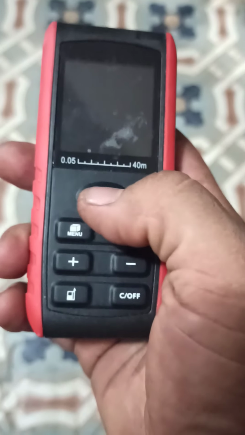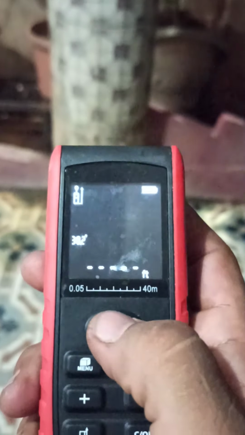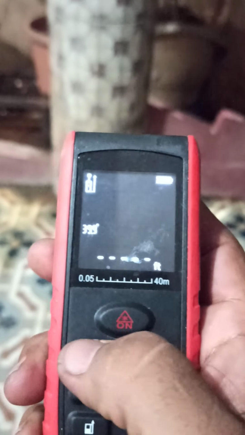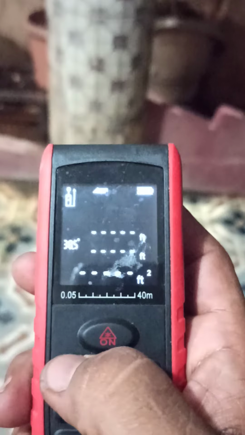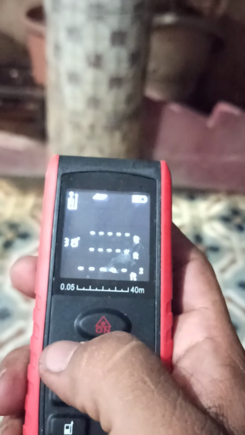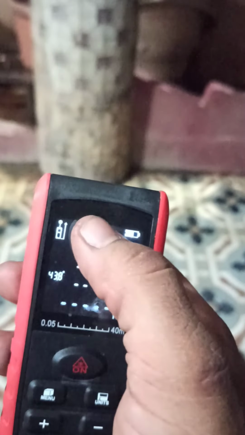Now we are trying to measure area. So basically I am sitting perpendicular to my, I'm facing this pillar. I'm turning it on. Now that I turn it on, I'm pressing the menu button. I'm trying to measure the length of my portico. So let us say the angle is approximately 0 degrees. And you can see three things here. You see feet, you see feet square, and you see this rectangle.